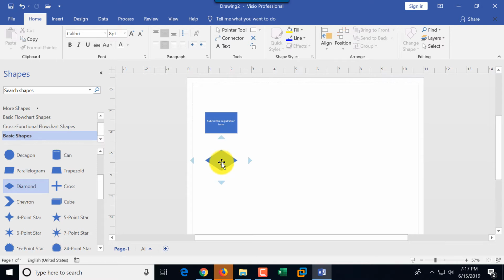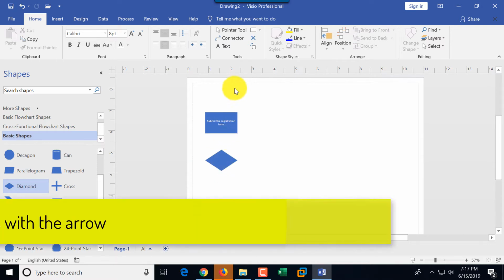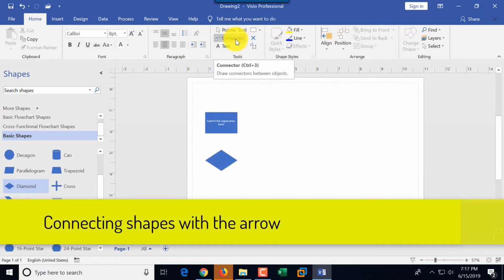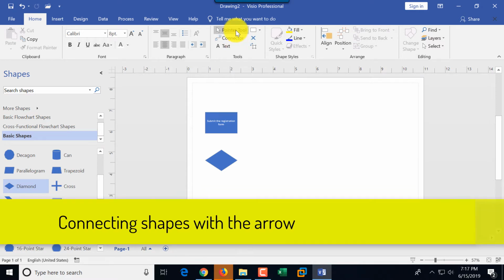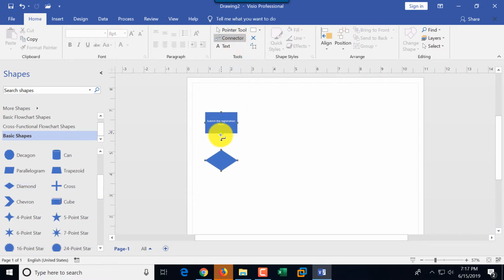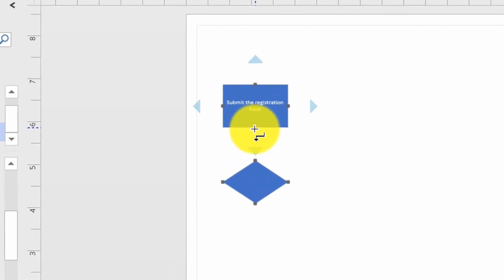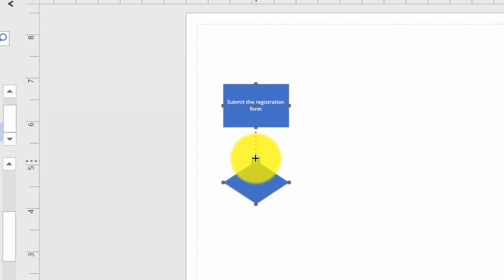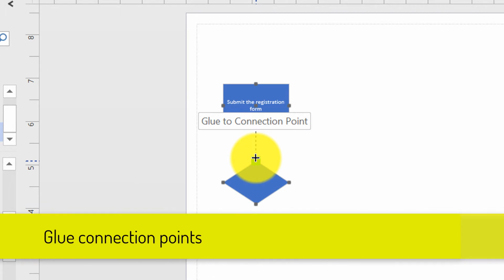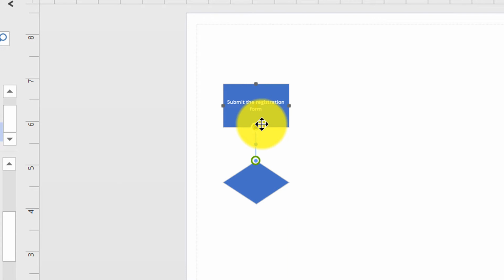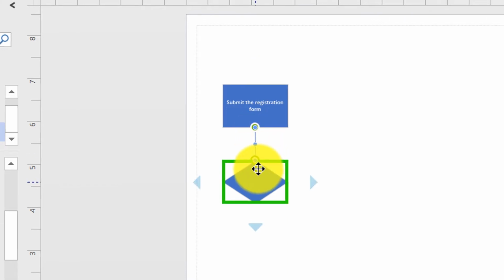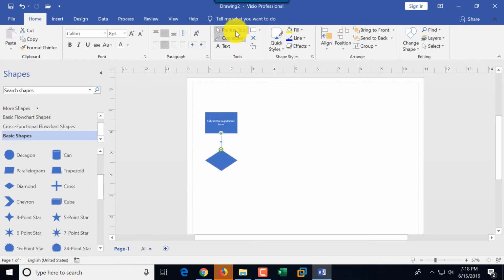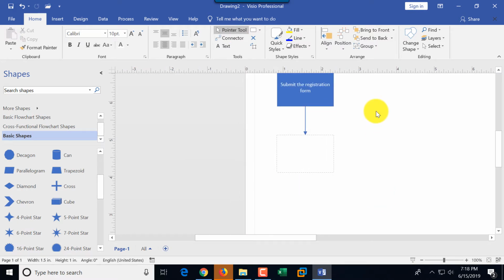Now I am going to create an arrow and connect the shapes, and for that I'm going to switch to the connector tool. As you can see, as I hover on top of the rectangle, it changes the connection point from black and adds a green rectangle, and I'm going to glue one connection point from the rectangle to the diamond. I'm going to switch back to the pointer tool, double-click on the diamond, and type here